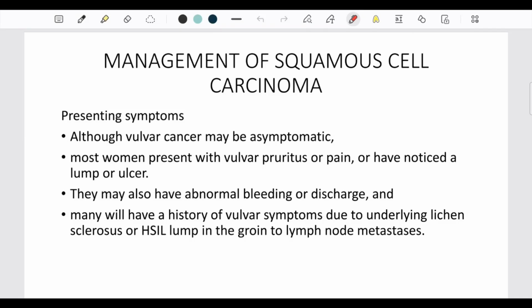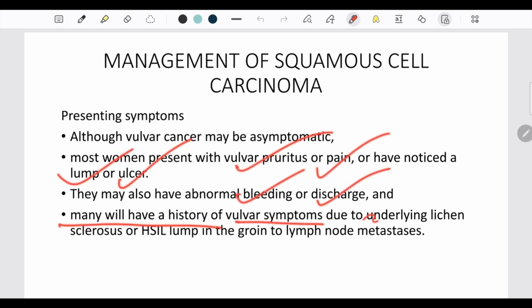So this is the second part of carcinoma vulva: management of squamous cell carcinoma. Presenting symptom can be asymptomatic, or vulvar pruritus, pain, lump, ulcer, abnormal bleeding or discharge. Many will have a history of vulvar symptoms due to underlying lichen sclerosus or HSIL. A lump in the groin is due to